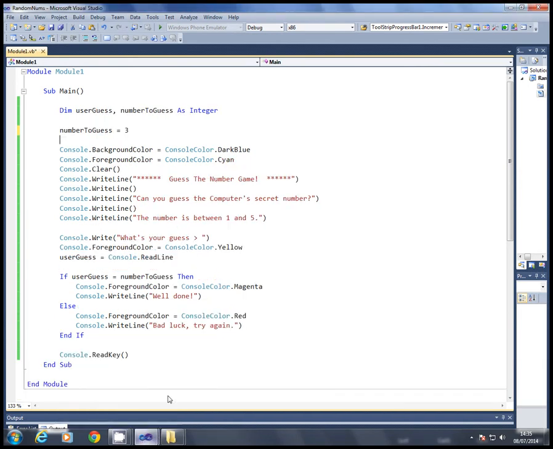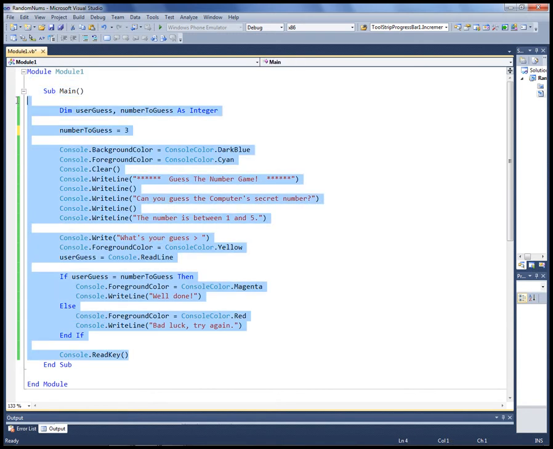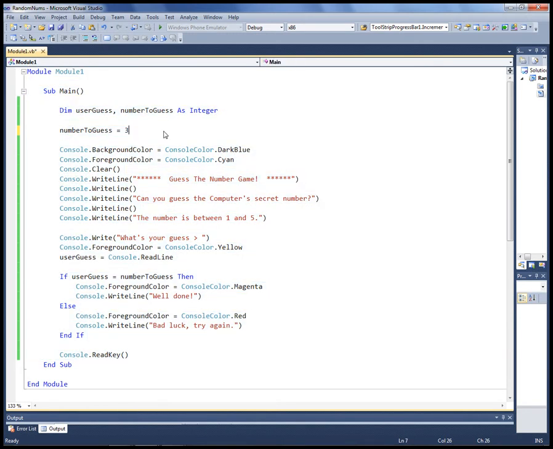Another example of this, I've done a version of the guess the number question that we did earlier. So here I've got two variables, user guess, number to guess. I've set number to guess to be 3. I've set the background color. I've set the foreground color, and then I've cleared it, so it will set the background color. It will display a bit of information. The answer for the user is in a different color, in yellow. I then say, have they guessed the right number? If it's right, their answer, well done, gets in magenta, and if it's wrong, it gets displayed in red. So if I just run that,